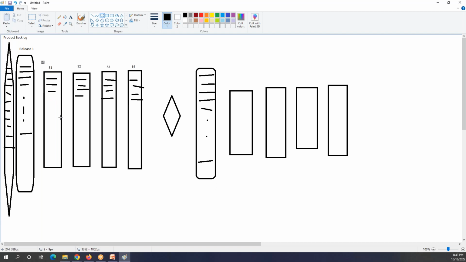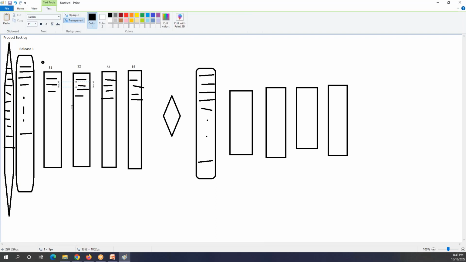Let me clarify one more time, and then I will ask the question again. These are the first 3 tasks that the developer has finished working on, and then we have to perform the testing. Of these 3 tasks, let's say this one is a major, important functionality.